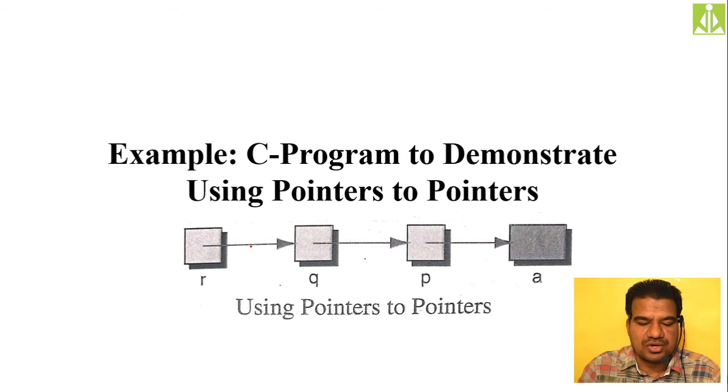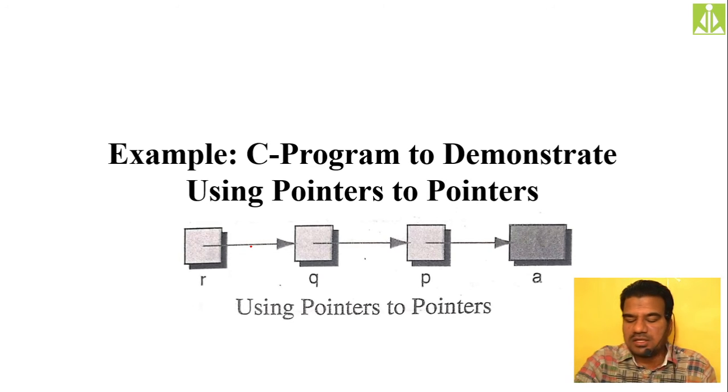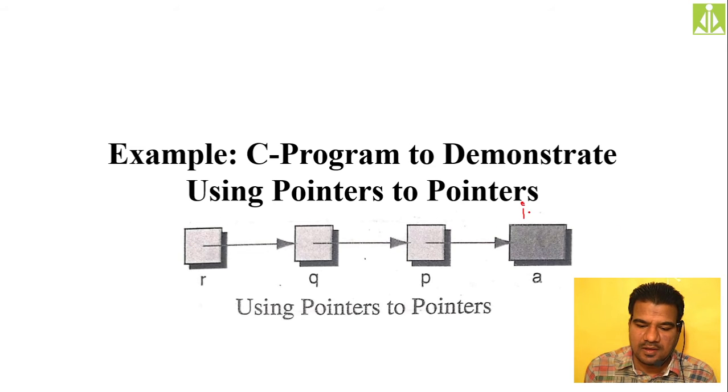Yeah, this demonstration we have to do. How many levels of pointers do I have over here? Instead of taking that confusion of ptr, ptr2, ptr, ptr2, simply I have taken 4 different variables over here. The variable A, that address we are storing into P, and P's address we are storing into Q, and Q's address we are storing into R. So simply take this image into your notes or into your imagination, so that we can go ahead and develop the pointers. So here declaring A, it is very simple, int A.